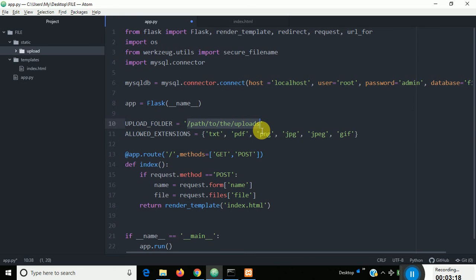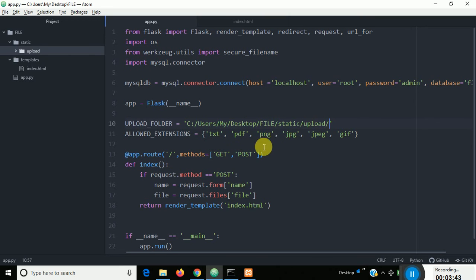Means whatever file you upload, it will go directly here in the upload folder. Next, this slash, make it a forward slash, actually it was a backward slash. So I have done like this, save the file.